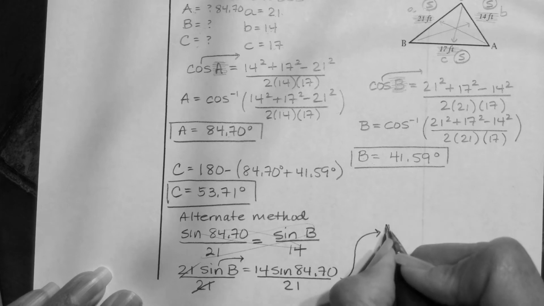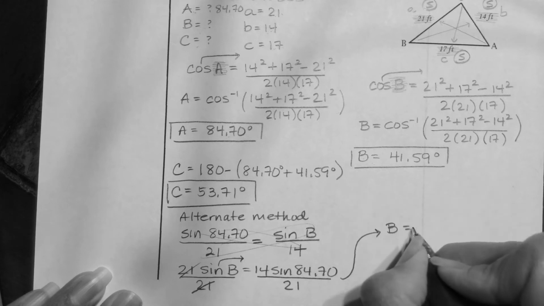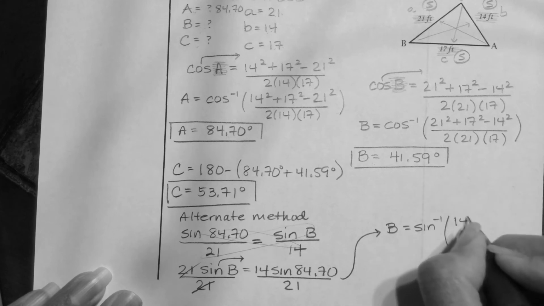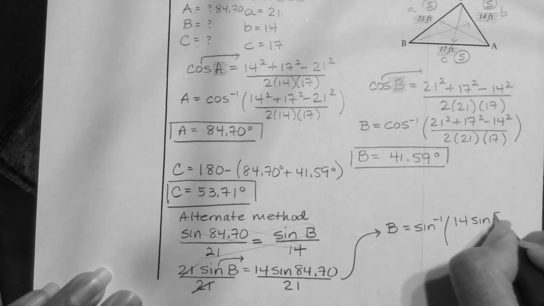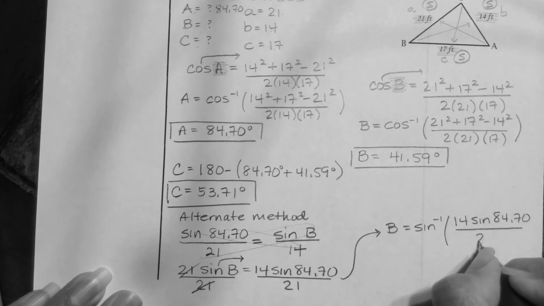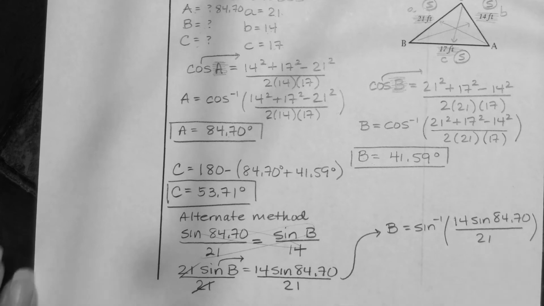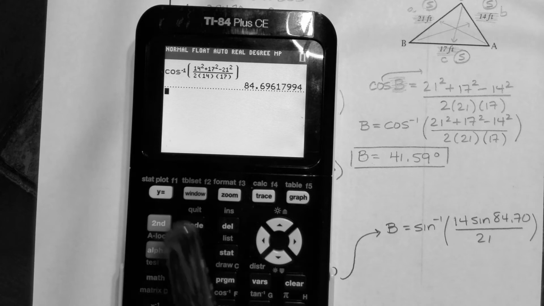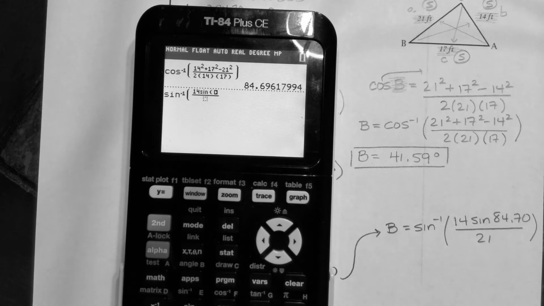So my B is the sine inverse of 14 sine 84.7 over 21. So when I put that in my calculator, sine inverse of 14 sine of 84.7 over 21,